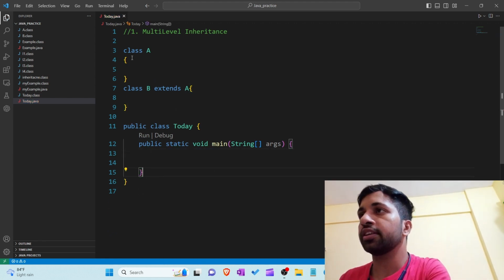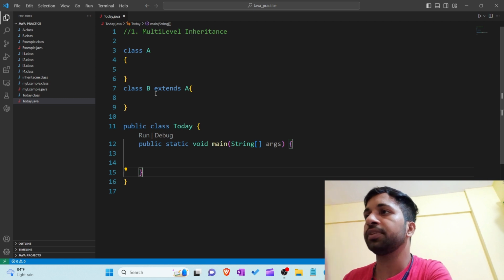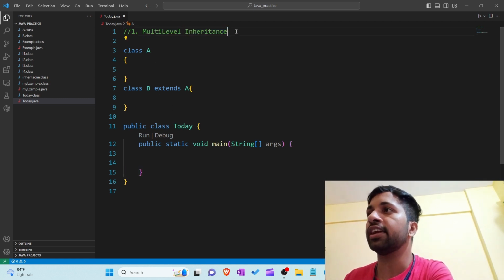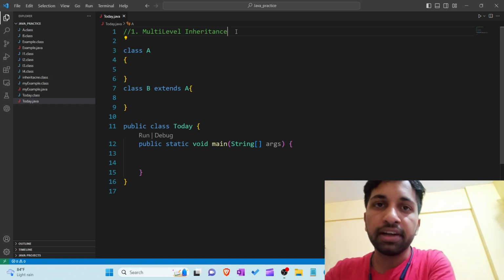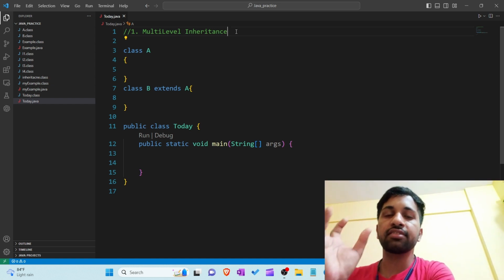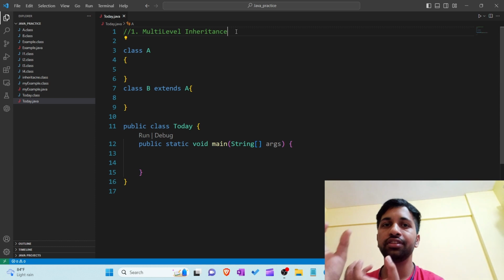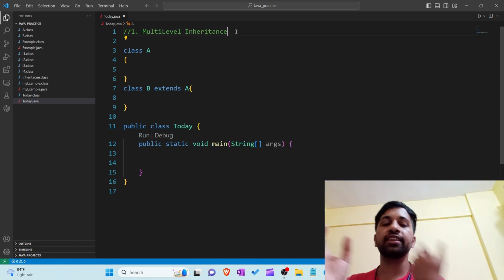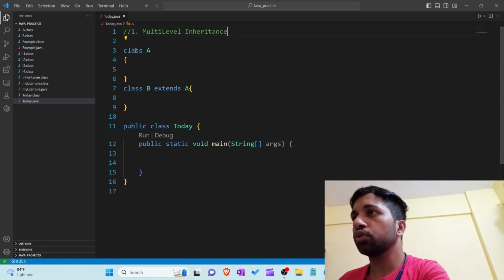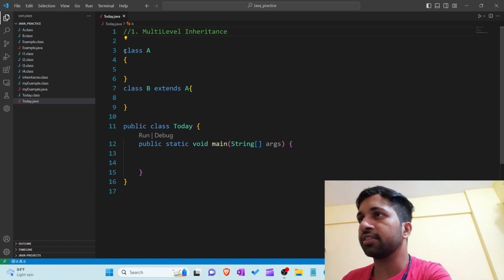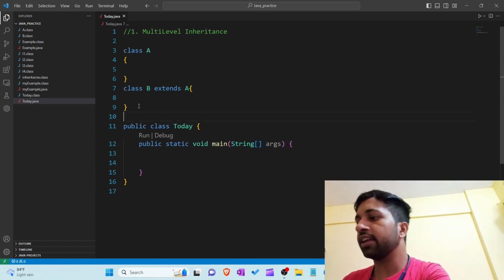You have to understand, this is class A, this is class B. Class B extends class A. I am telling you this is an example of multi-level inheritance. What is the meaning of multi-level? Multi-level means there is one parent class and a child class, and now this child class also becomes the parent for another child class. So class A is the parent class of class B, and class C extends